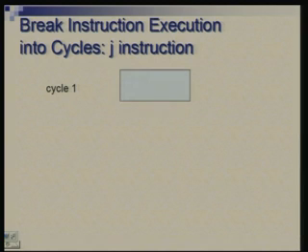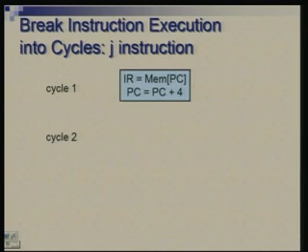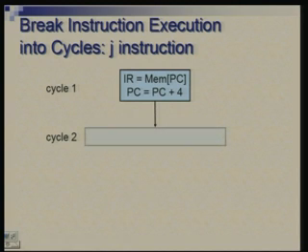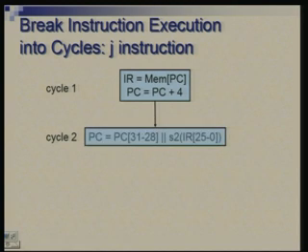Lastly, we look at the jump instruction. Again, the first cycle is same, and in the second cycle we compose this address of the next instruction by taking bits from PC and IR with okay, I missed out. Oh no, there is no sign extension here. This with 2 bit shift is concatenated with 4 bits of PC and then transferred to PC. So, this is done in 2 cycles.